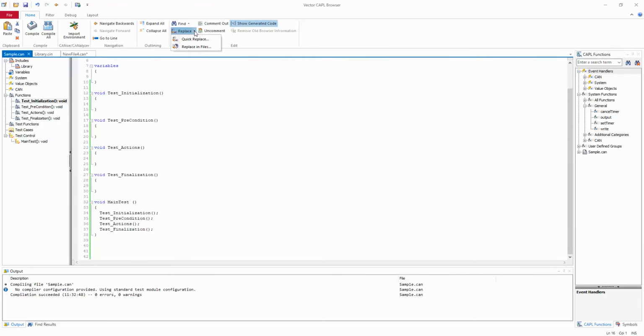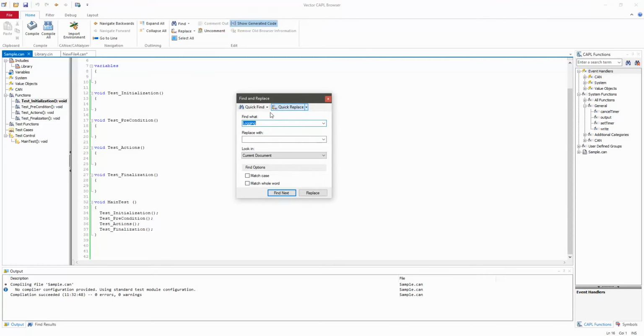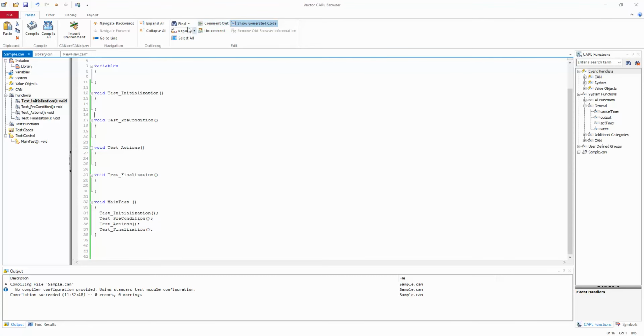In the same way, replace is where you find something and then replace it, in two ways. One is quick find and replace, which replaces in your current document. The other option is replace in files, so you can replace it in all the files.